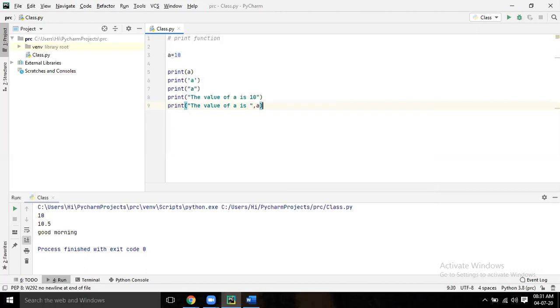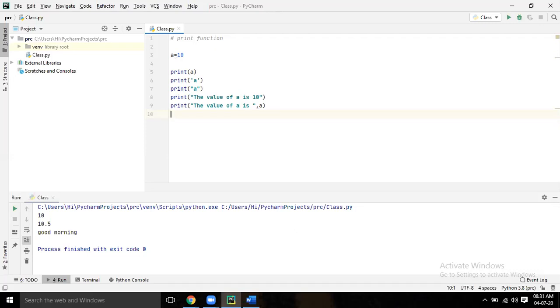Okay. Now, can you tell me what will be the output? Don't run it now. Just tell me what will come for the first one. 10 will come, sir. Print a means what will come? 10. Second one, I think only a will come, because we gave the print function. Whatever we give, exactly that will come. All are print functions only. So here a without a double quote or single quote, now a in single quote, now a in double quote. Okay, let's run it.